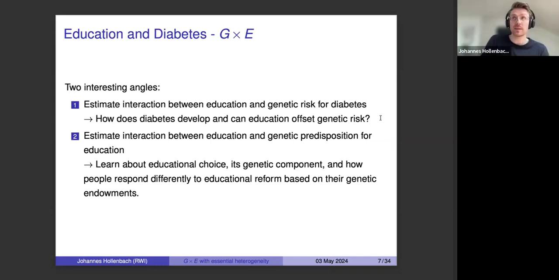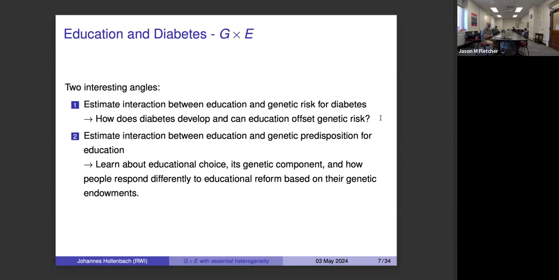No, you're absolutely right. Yes, we are certainly more interested in the first stage, just because of the properties of the first stage. And like you've mentioned, there is not as much literature about the effect of education on diabetes. So I think we could even contribute there. But does that answer your literature question?